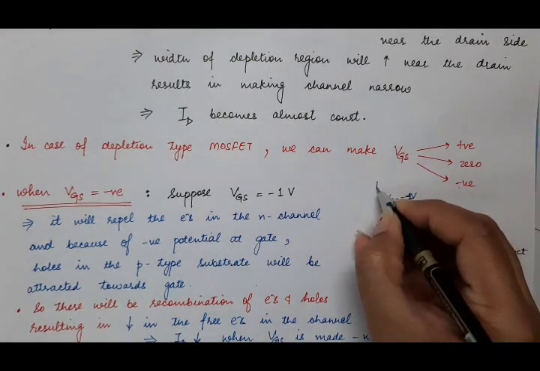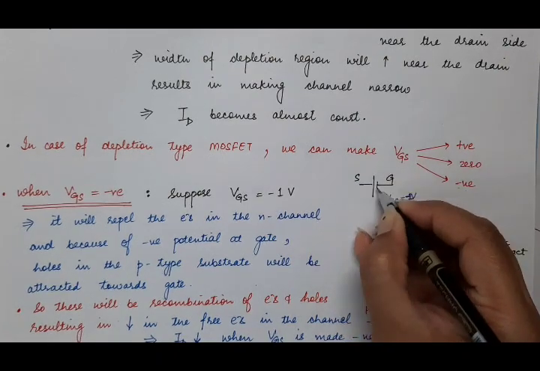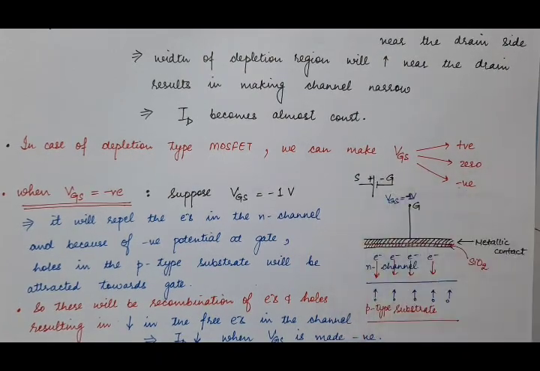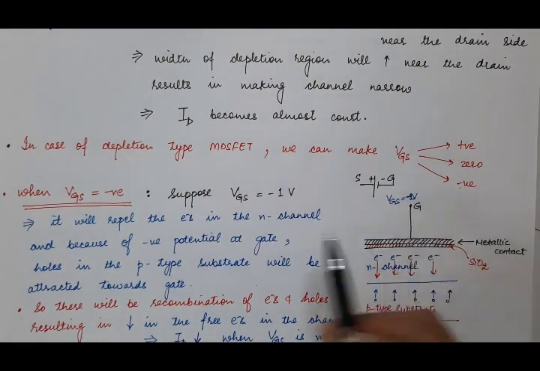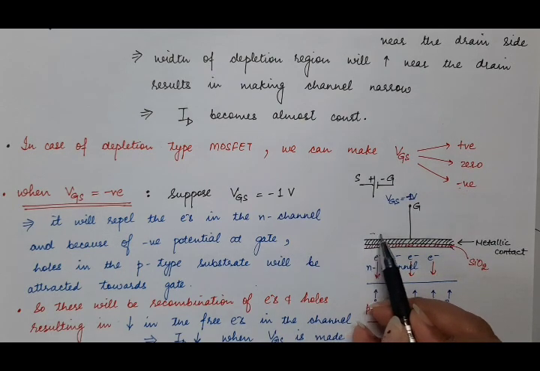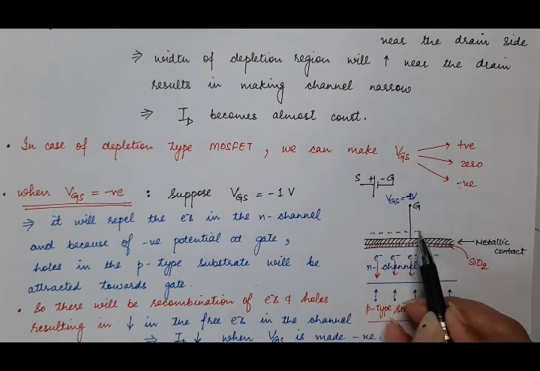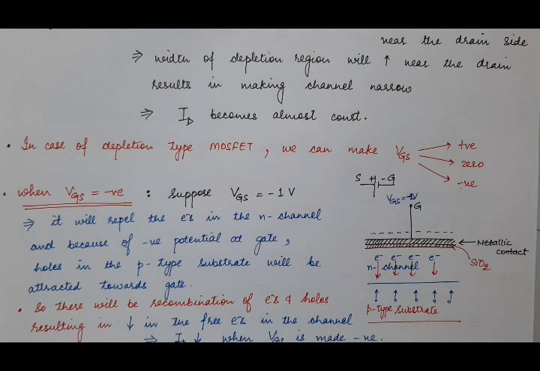It means biasing is of this type between gate and source. The gate terminal is negative, and suppose the value of VGS is minus 1 volt. It means this metallic terminal of gate is negative. And if this terminal is negative and the layer of silicon dioxide is very thin,